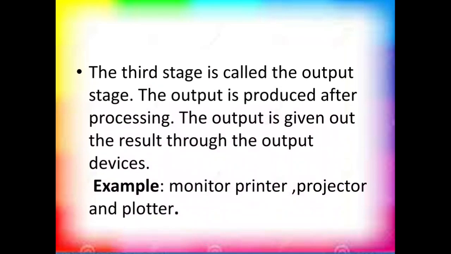So we have to type a document through the keyboard. Keyboard is an input device and it will be processed by some process inside the machine, that is called the processor. Then when we take a printout, that is your output. So a computer has 3 stages. The first stage is the input stage, the second stage is the process stage and the third stage is what? Output stage. So this is the working of the computer.